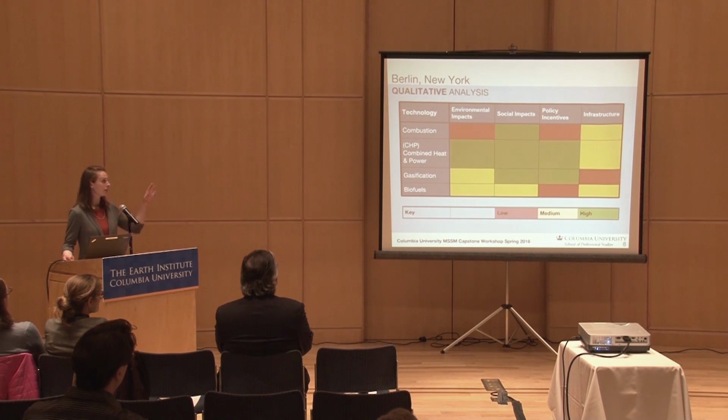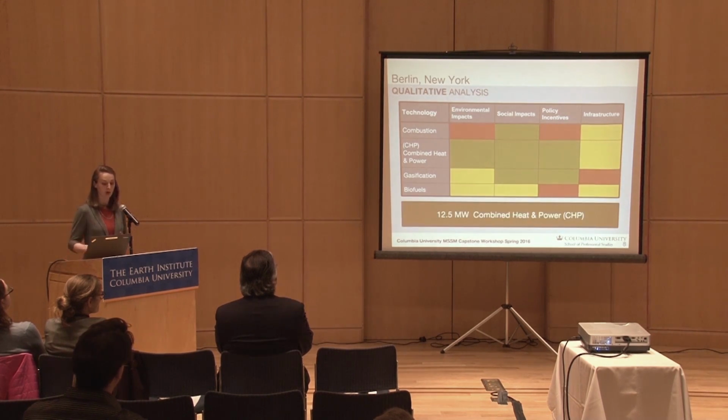Shown here are the average scores for each technology within the different categories, red being the worst, yellow being the middle, and green being the best. Ultimately, we decided that the 12.5 megawatt combined heat and power, or CHP, plant would make the most sense based on our ranking system. So we used this to inform our quantitative analysis to understand the economic impact and financial